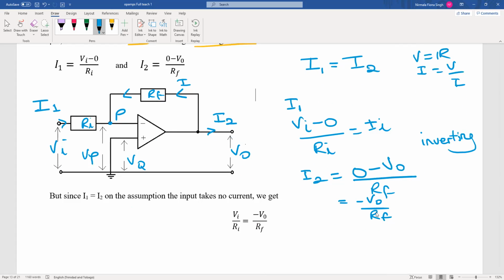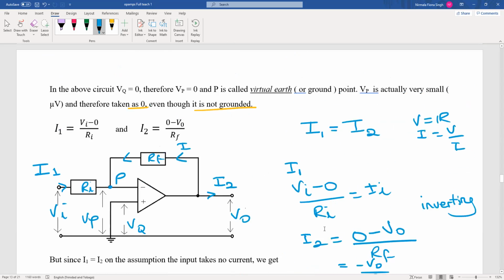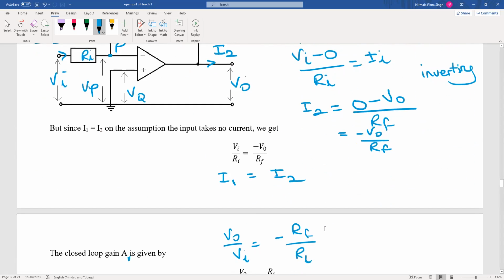So let's compare our terms right now. This is I1 and this is I2. Both of them are equal to each other. So all we have to do is invert and multiply to get our gain. Our closed loop gain, AV, is given by V naught over VI, which is minus RF over RI. So that is the actual way, if you were to take current into consideration, how you get the gain of your amplifier. If you wanted to take voltage, as we saw voltage before, further up in the handout, there's a next way to do this